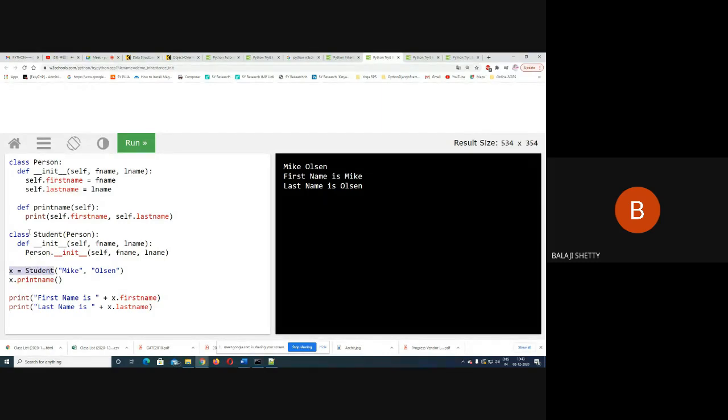And here I'm printing first name, last name of the base class with the help of the object of the derived class, as well as I'm calling the base class member function print name with the help of the object of the derived class. Are you getting me or not?